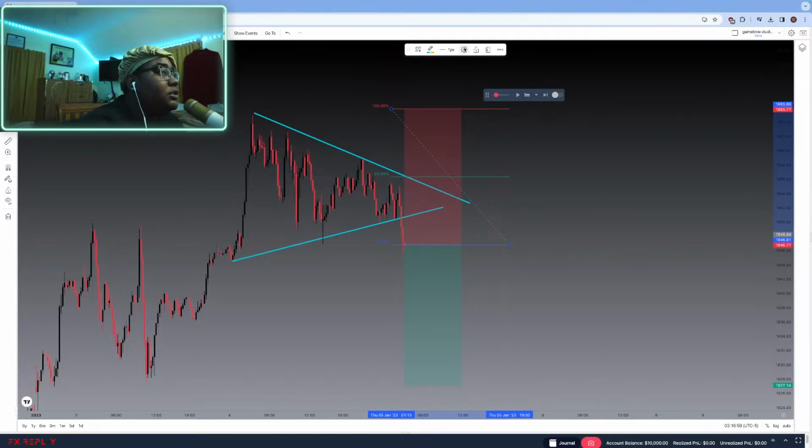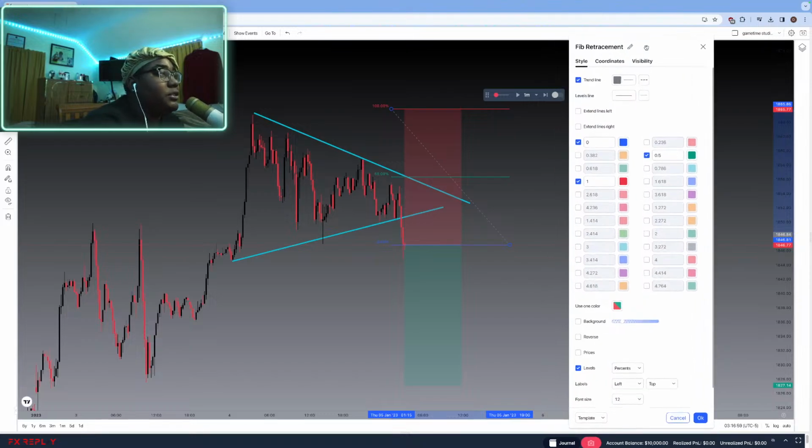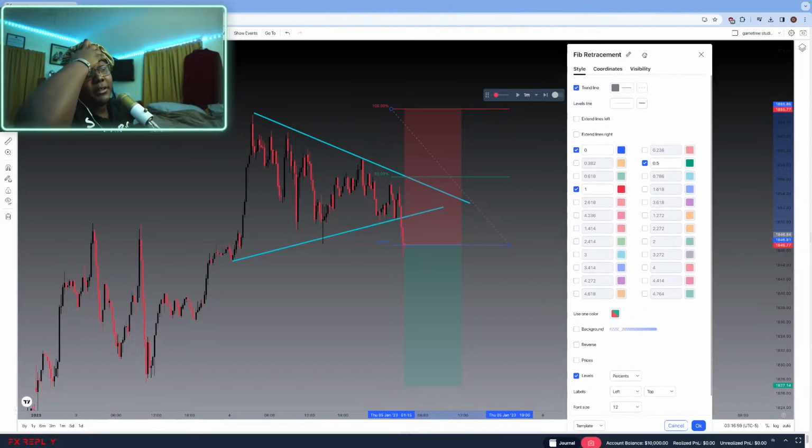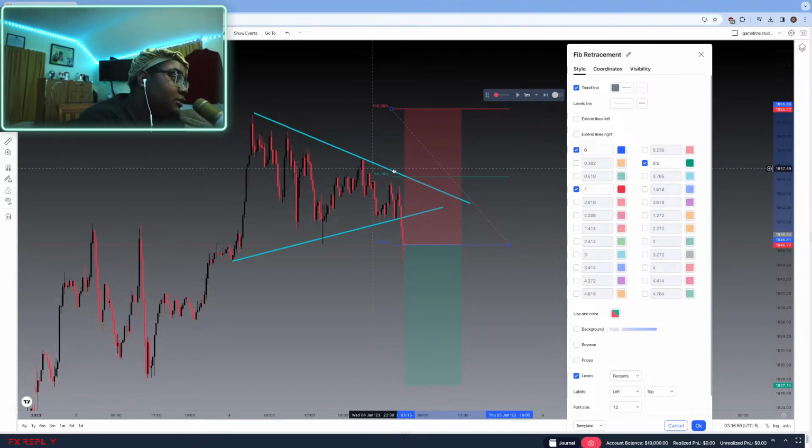I'm actually gonna delete this. This is what the settings are for it. If anybody's interested, I'll probably go back and put it up later on. But this is what I'm gonna use, right? I have the 0, I have the 1, I have the 1.5. This is gonna be my risk management. So the way this works is that